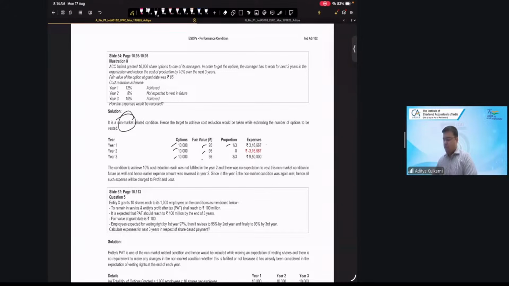Proportion is 1/3 for first year, 3,16,667. In second year, proportion is 0 because it is not expected to vest in the future. So 3,16,000 will be reversed. End of the third year, you have achieved 10%. So therefore,